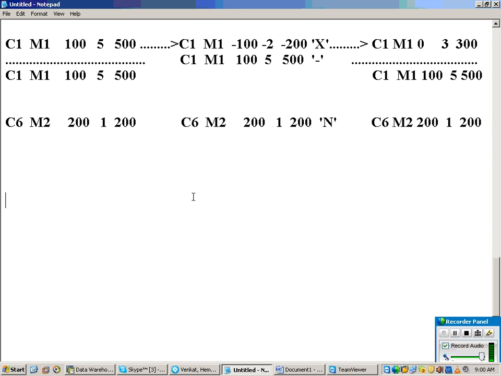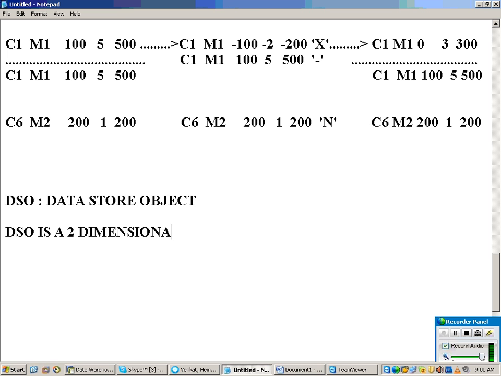So now we'll start discussing what exactly a DSO is and how it works. DSO stands for Data Store Object. DSO stands for what? Data Store Object. Then a DSO is a two-dimensional